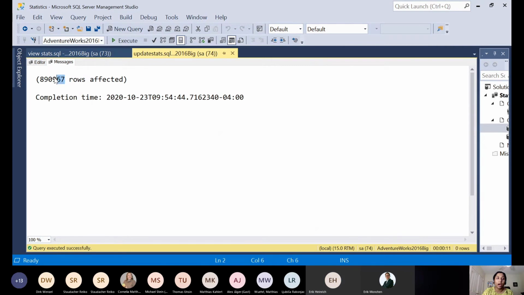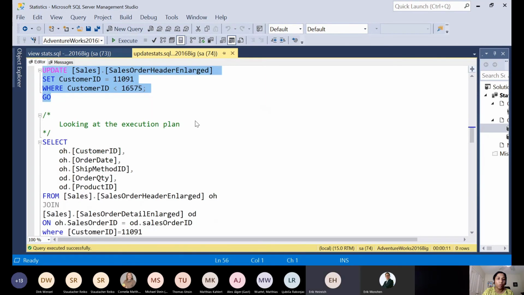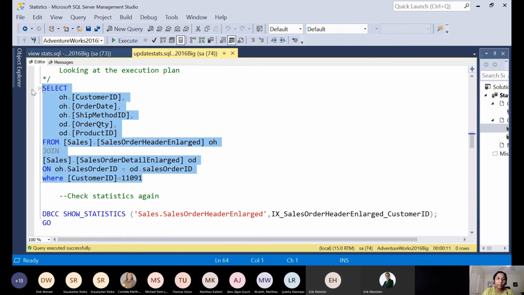See, the row modifications have reached way beyond our threshold. The threshold is just 49,000, and here it updated 890,000. Now let's do a simple select on the customer ID column again with the where clause, and see the estimates; it will show the wrong estimates.